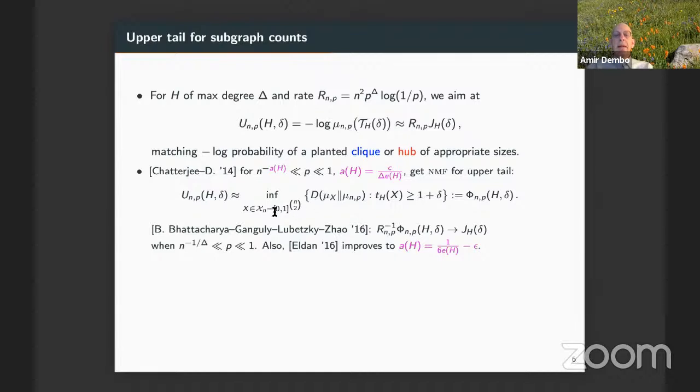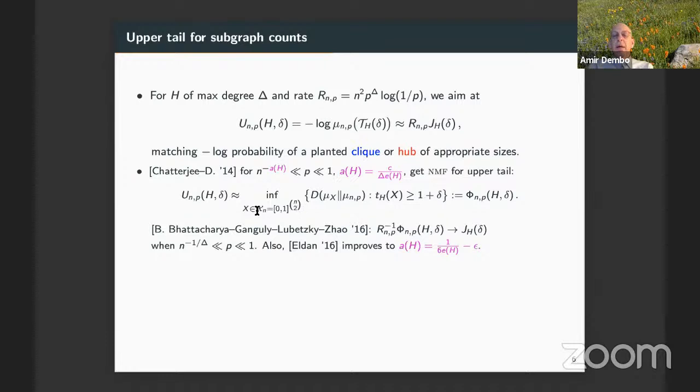X here is a matrix of 0, 1 values. You change the probability at each entry of your random graph, the probability of an edge, from being p to being some number x_ij. And you infimize over all the choices of these parameters. One special case is taking all of them to be q, that's the green strategy. Some others are like the clique and the hub strategy,